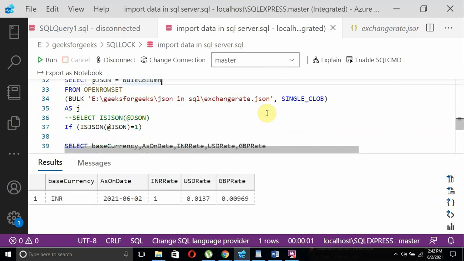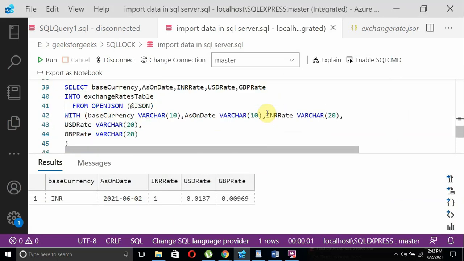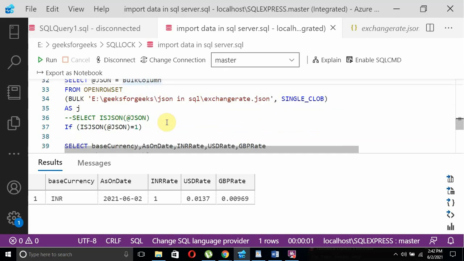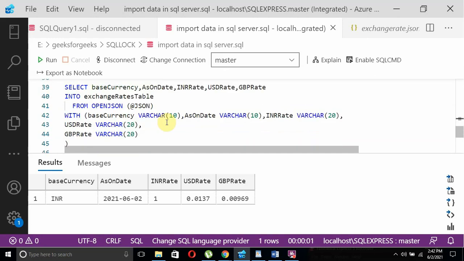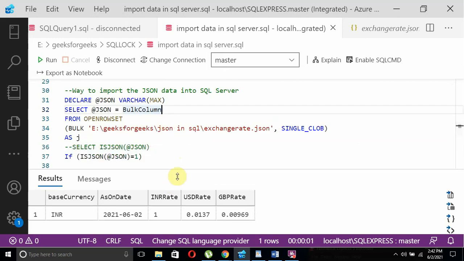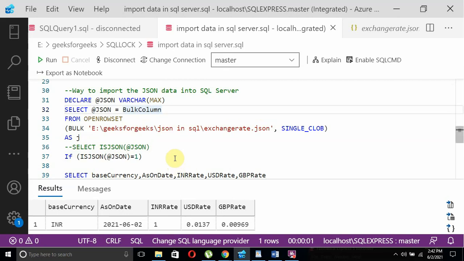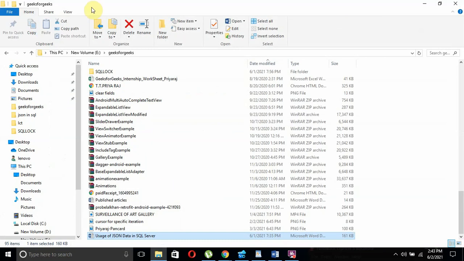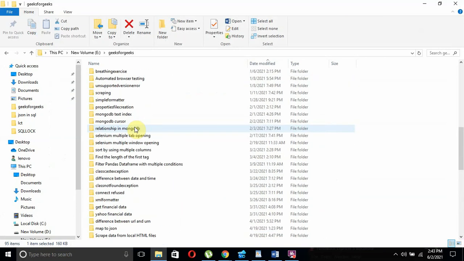Now, in order to get the JSON value and store it into the SQL Server table, we can follow this approach. This we can also call importing the JSON data into SQL Server. Let me show this one, maybe if you want.